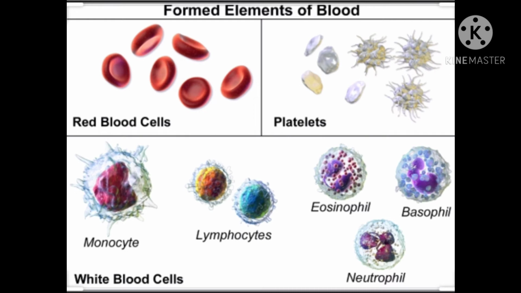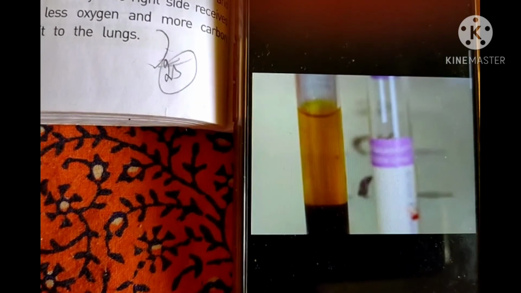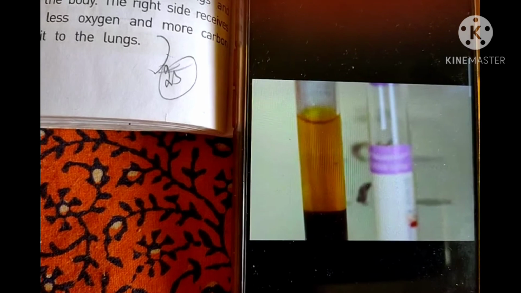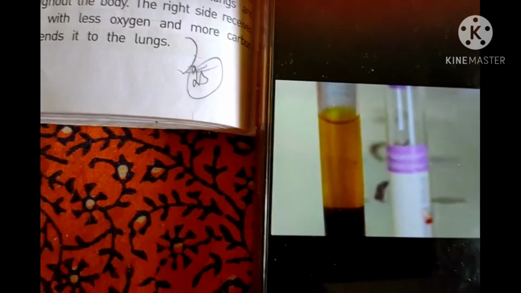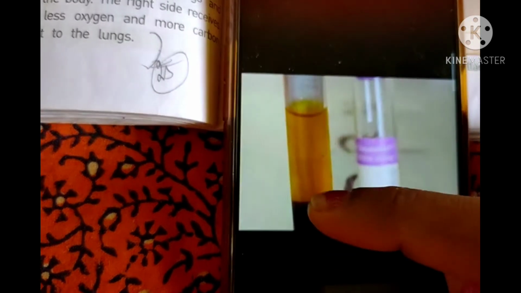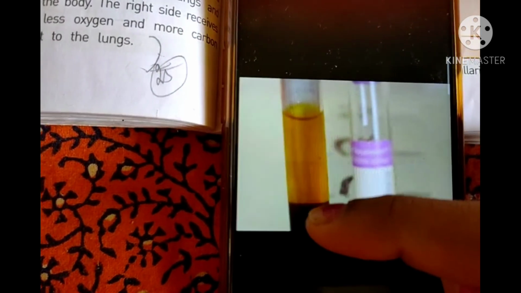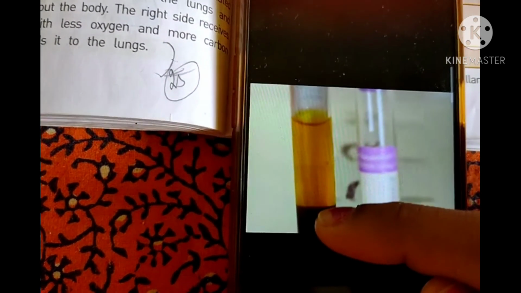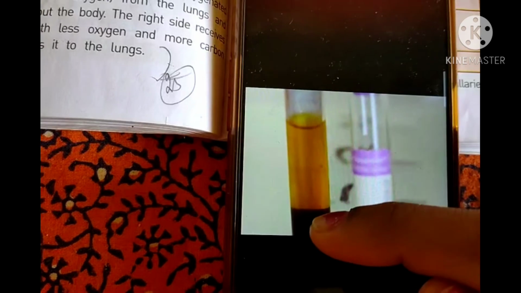Next in the circulatory system is the blood. Blood is red colored fluid flowing inside blood vessels. It consists of a liquid part called plasma. For example, if you keep blood in the test tube for 10 minutes, you can see two parts. One is the liquid part and another one blood red solid part. Here this liquid part is called the plasma and the other part is called cells or corpuscles.